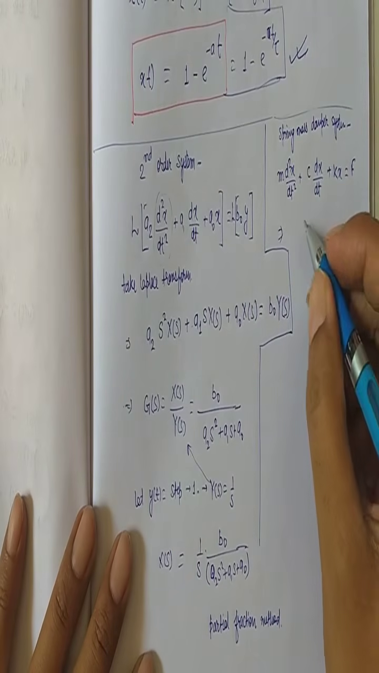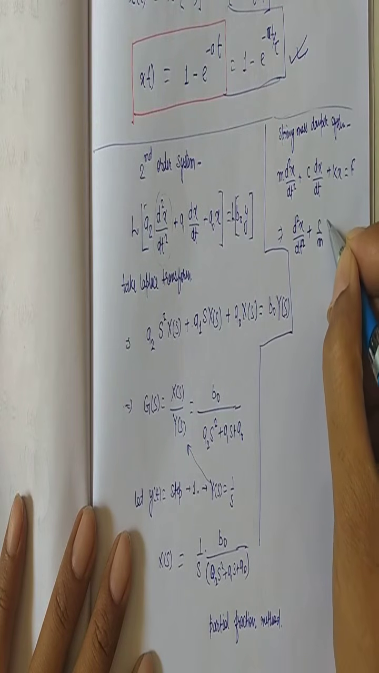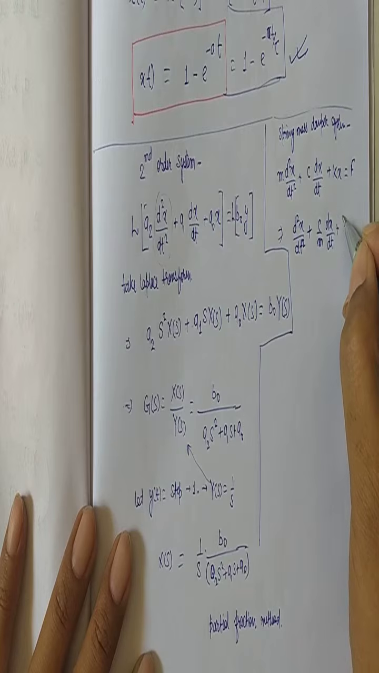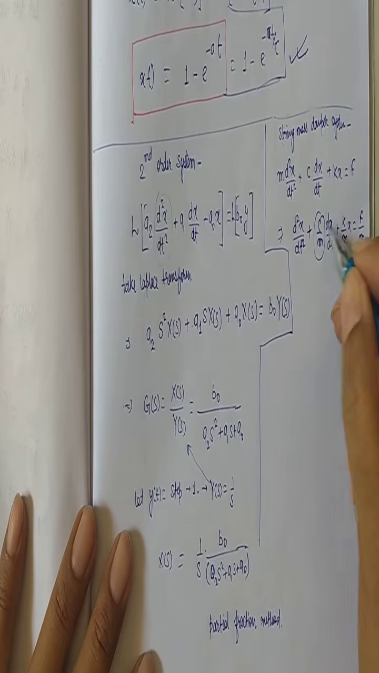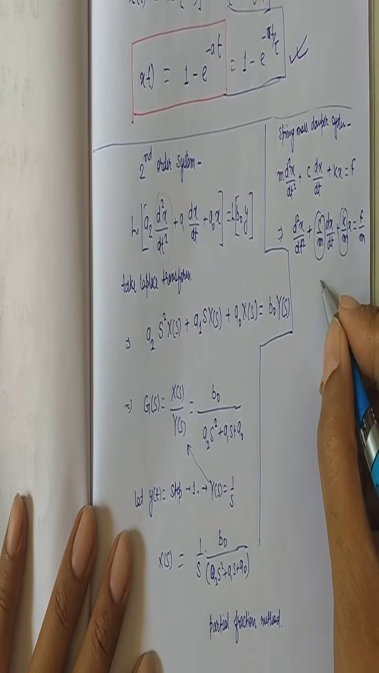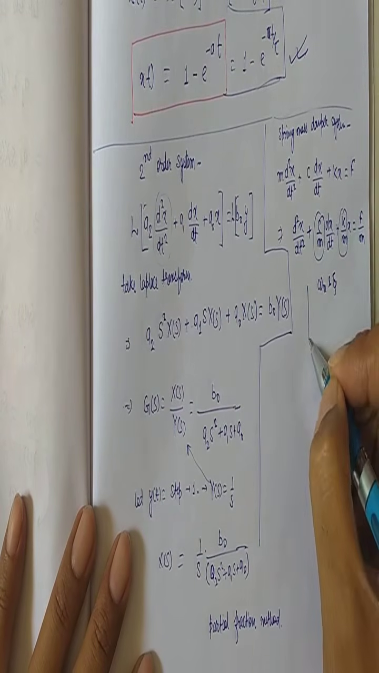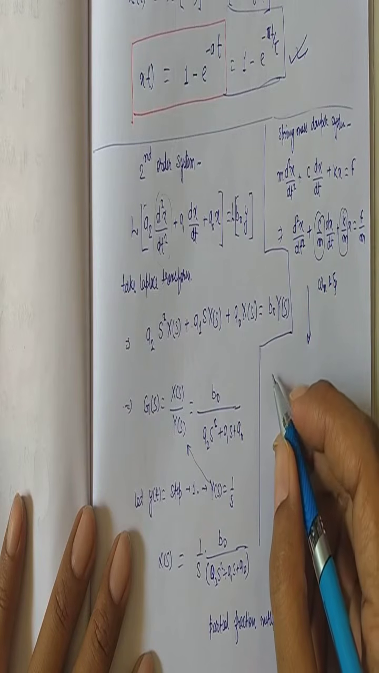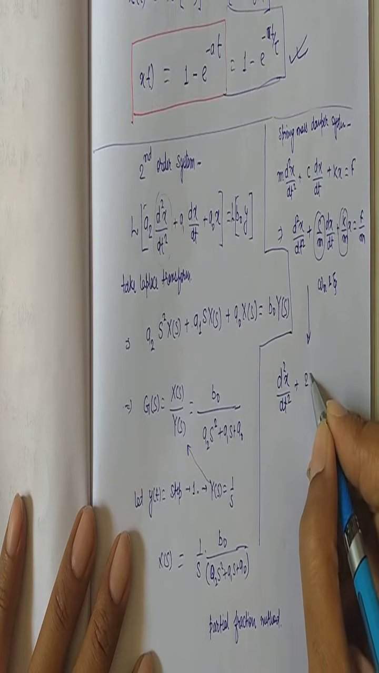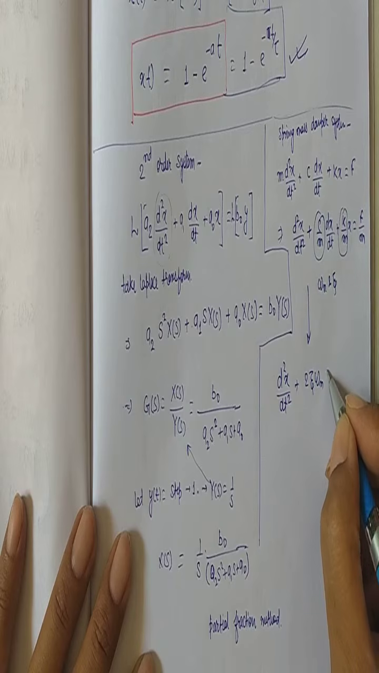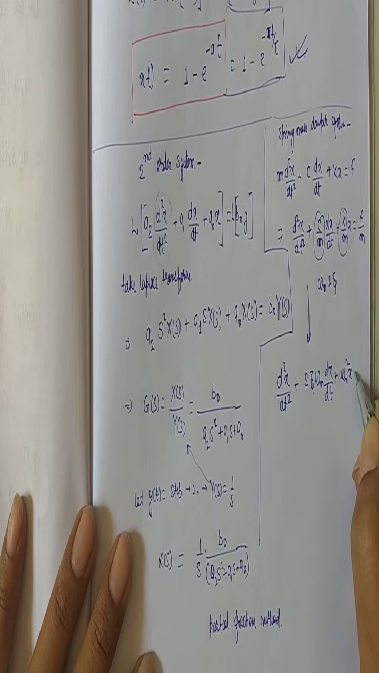What we do, we divide it by m on all sides. So d2x by dt square plus c by m dx by dt plus k by m x is equal to f by m. The c by m and k by m we can write in terms of omega n and the damping ratio zeta, right? So this equation can be modified and written as d2x by dt square plus 2 zeta omega n dx by dt plus omega n square x is equal to